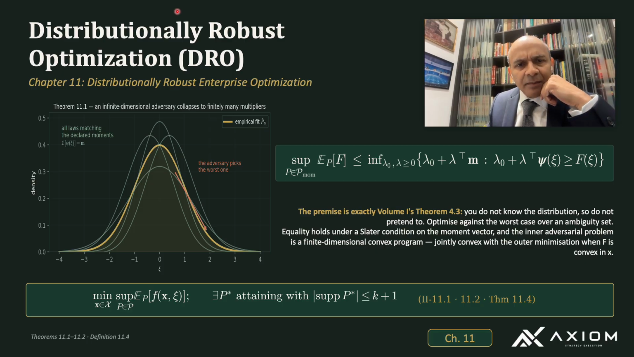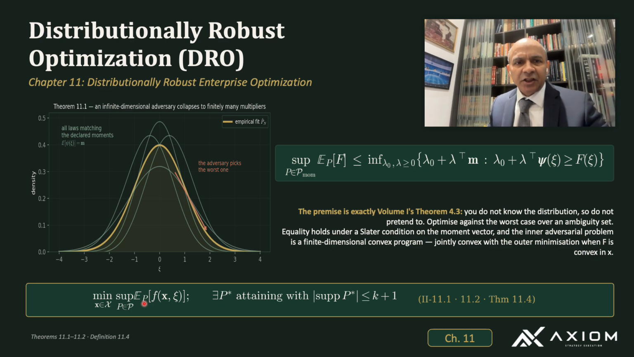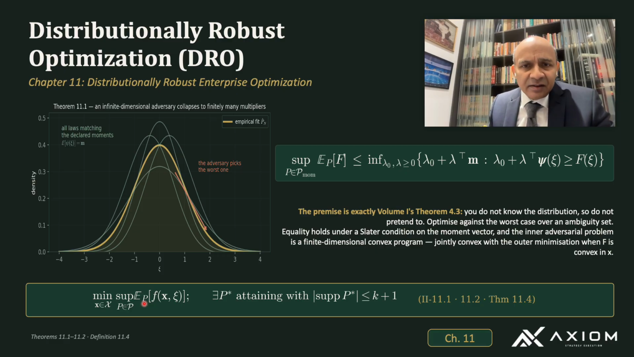And then we are minimizing over decisions the worst expected loss across every distribution the data cannot reject. The premise is exactly volume 1's validation theorem. You do not know the distribution, so do not pretend to. And on the right, the striking structural fact, the worst case is attained by a law supported on at most k plus 1 points,